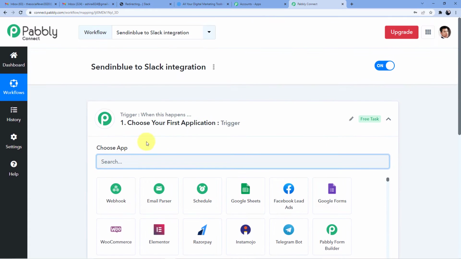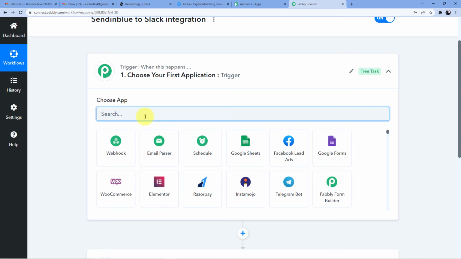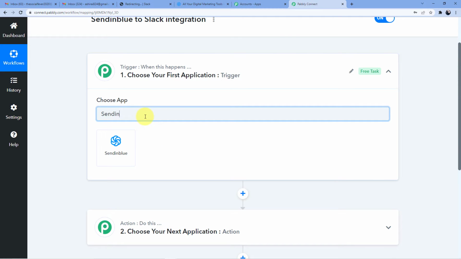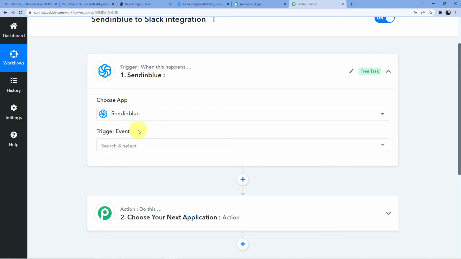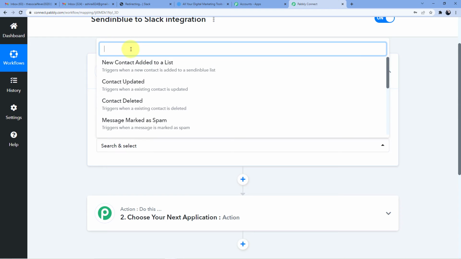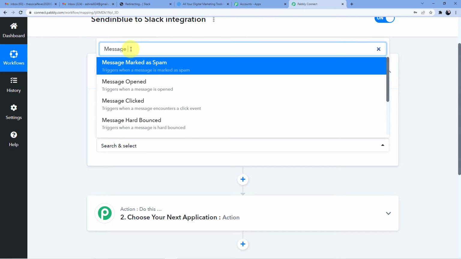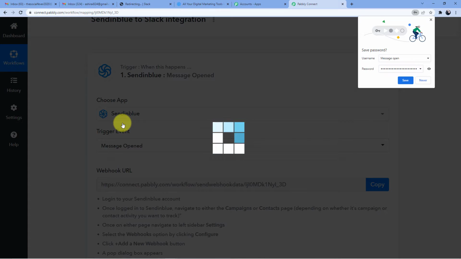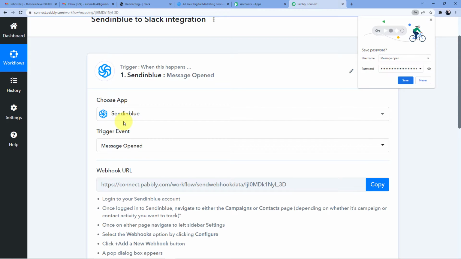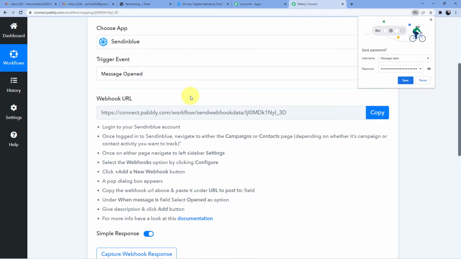So which means do this. So we are doing Sendinblue, and what we are doing in Sendinblue, we are opening a message. So whenever a message is opened in Sendinblue, the final action will be that a channel message will be sent on Slack.